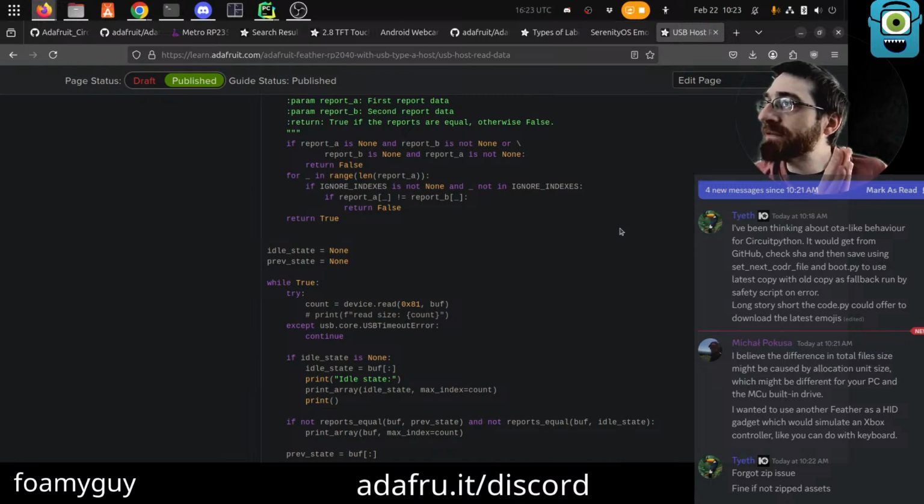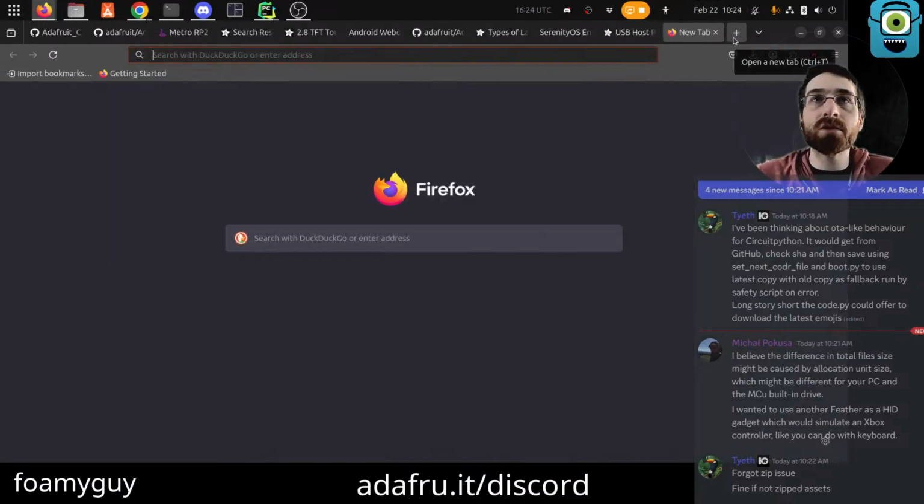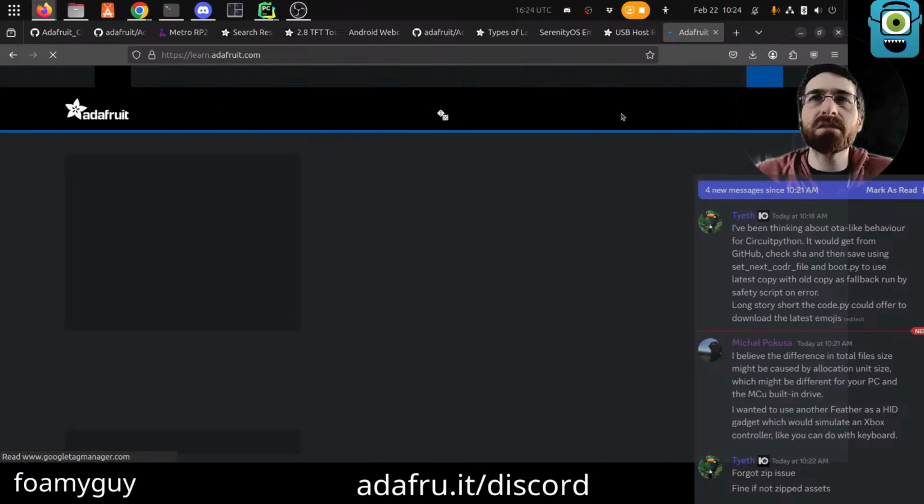I want to use another feather as a HID gadget, which would simulate an Xbox controller, like you could do with a keyboard. Ah, interesting. That part I know less about. Yeah, I don't know for sure how that would work. I think that